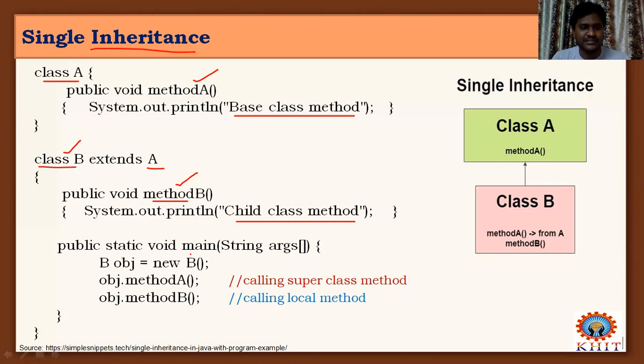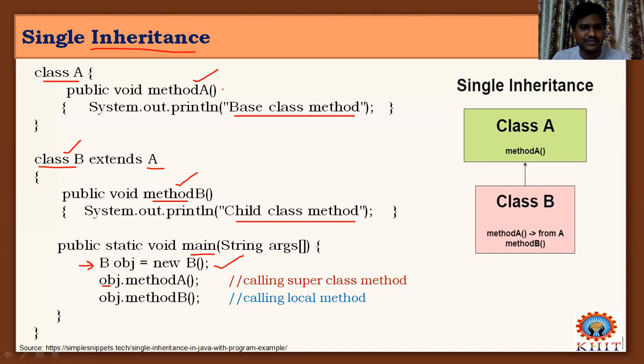Coming to the main function, you can separate these two classes in a program and put the main method in another class to make that the main class. I will show you this process in the example execution. Coming to this step, I'm creating one object of the subclass, and using this object I'm calling method A. What is this method A?